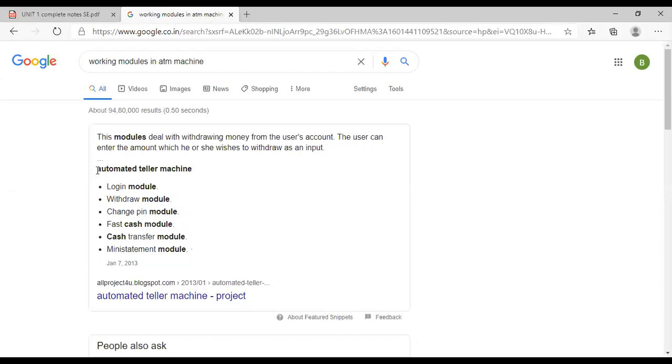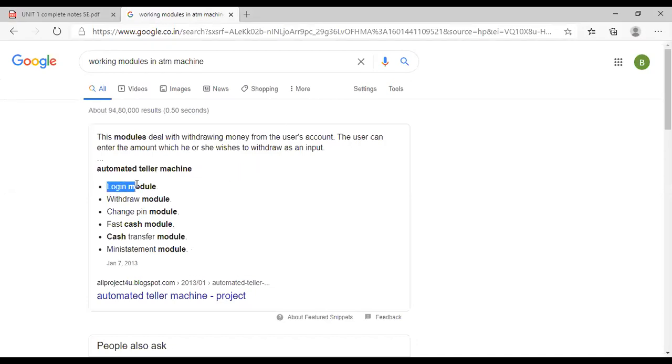For example, let us take ATM software, automated teller machine. When we want to develop a software for this ATM, that ATM software is divided into various modules. Modules are the small working units of a software.